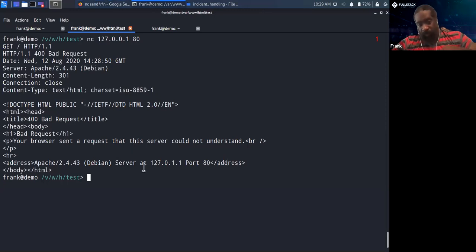But this is still valid HTTP traffic. I sent the request, and the server is saying, no, you don't have everything that was necessary, and it's responding with an error code, 400 bad request, right? So it's saying that your request is bad. Oh,